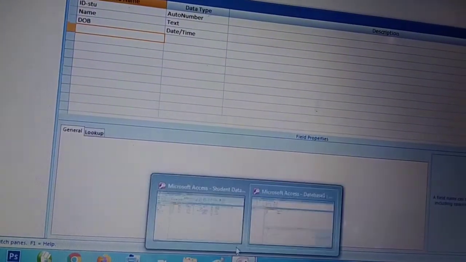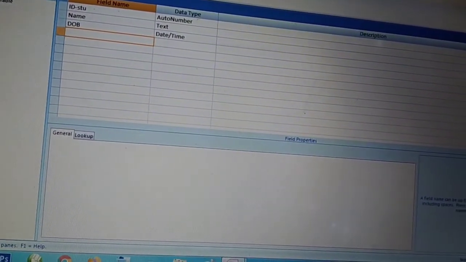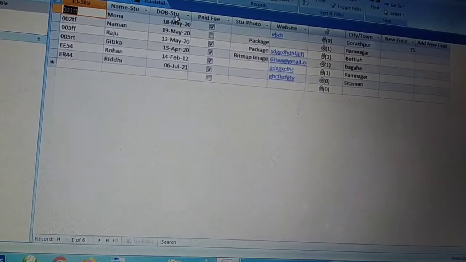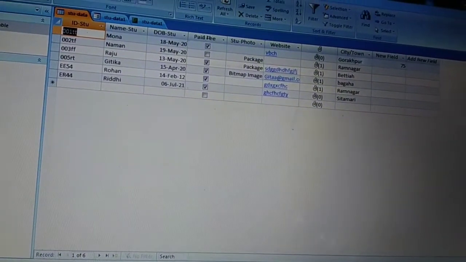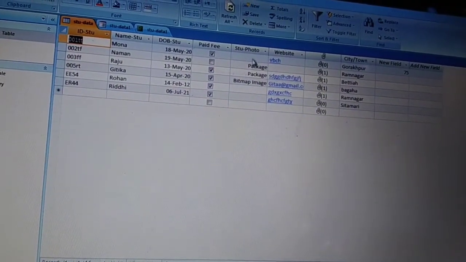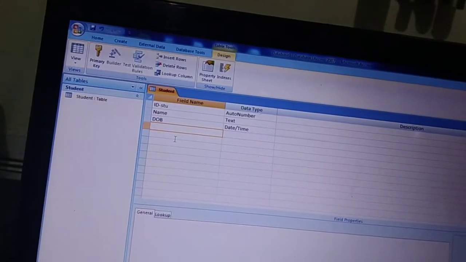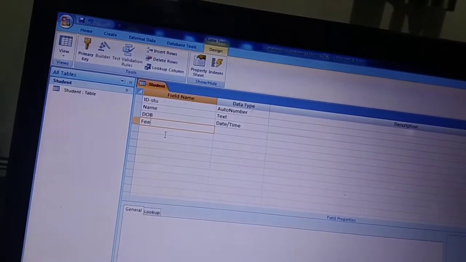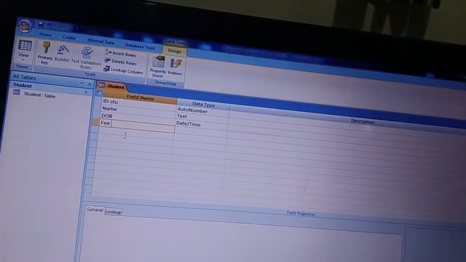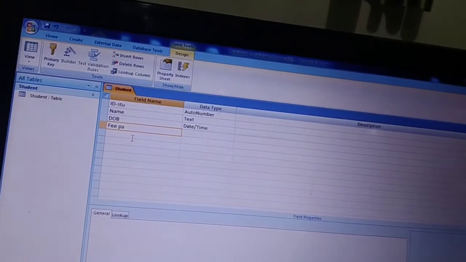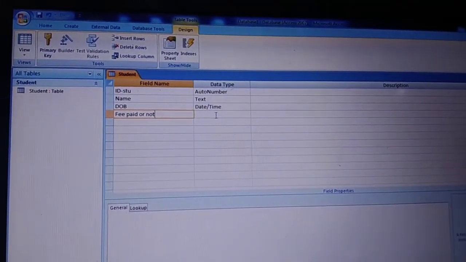Now after that, the next ones are paid fees, student photo, and so on. So I will select paid fees, or fees paid or not, PAID. This will be the second option.